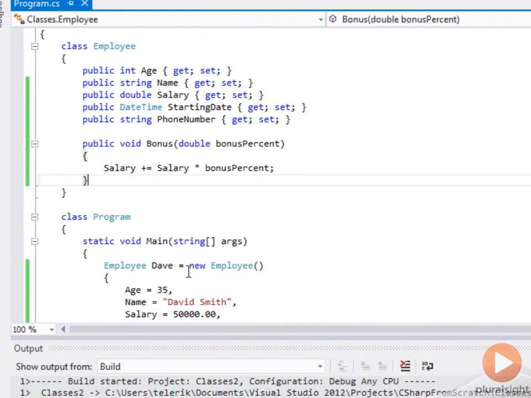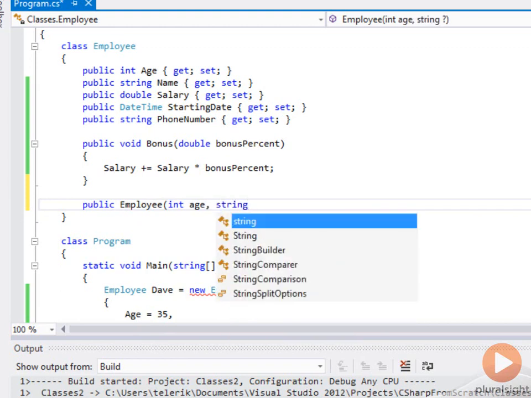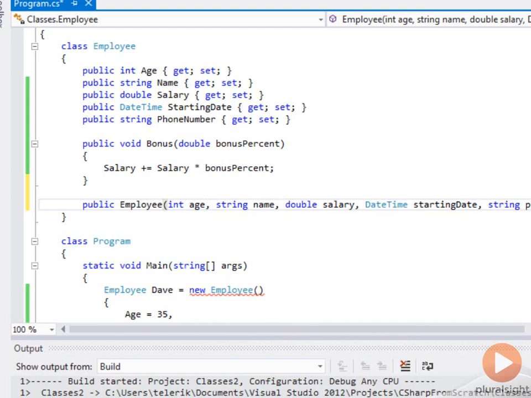Constructors are special methods of the class, and they are used to construct an instance. What's interesting about constructors is that they don't have a return type at all, not even void, and they must have the name of the class itself, in this case, employee. They do typically take parameters, and what is very common is for them to have a parameter for each of the properties of the class. So they might have an int for age, and a string for name, and so on for each of the